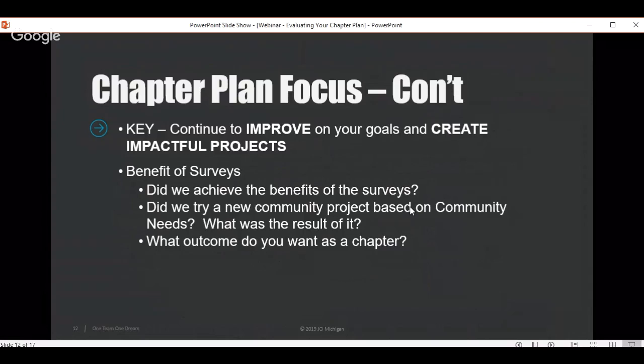Based on the surveys you've sent out, what is the benefit of the survey? Did you achieve the benefits of the survey? Did you get the results that you were hoping to get? Did you get the outcome you were hoping to get? Did we try a new community project? What was the result? What outcome did you want as a chapter? So you just want to make sure that